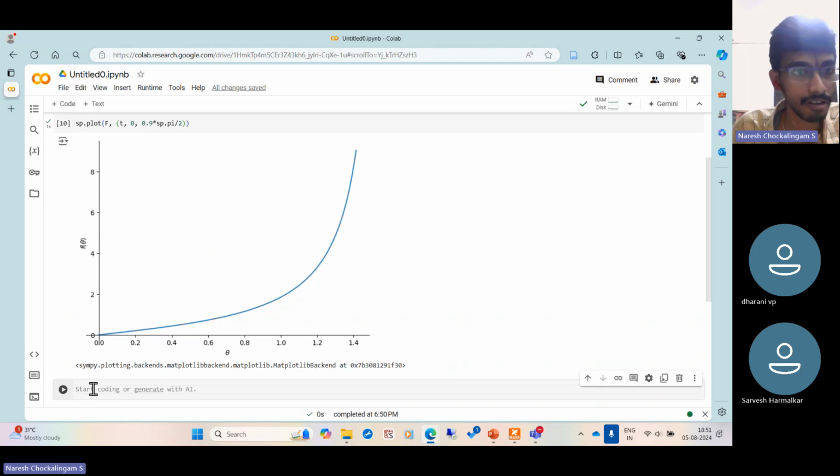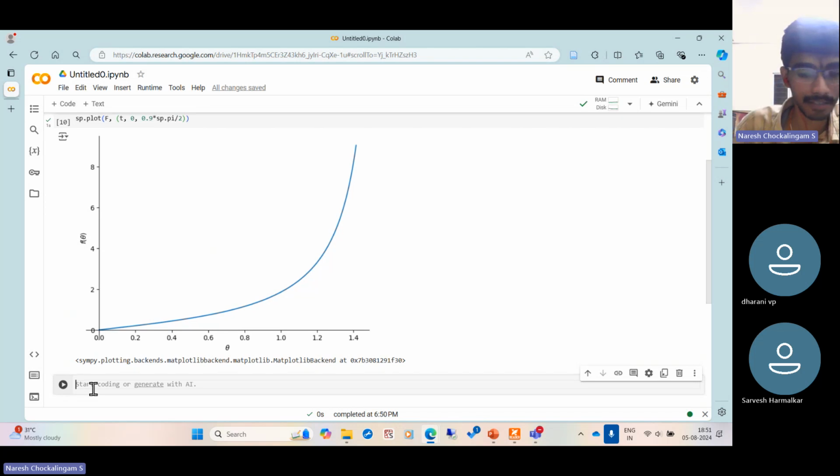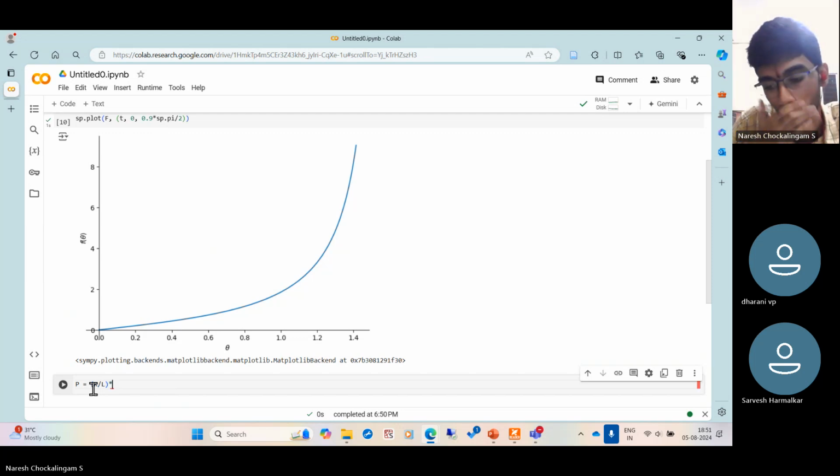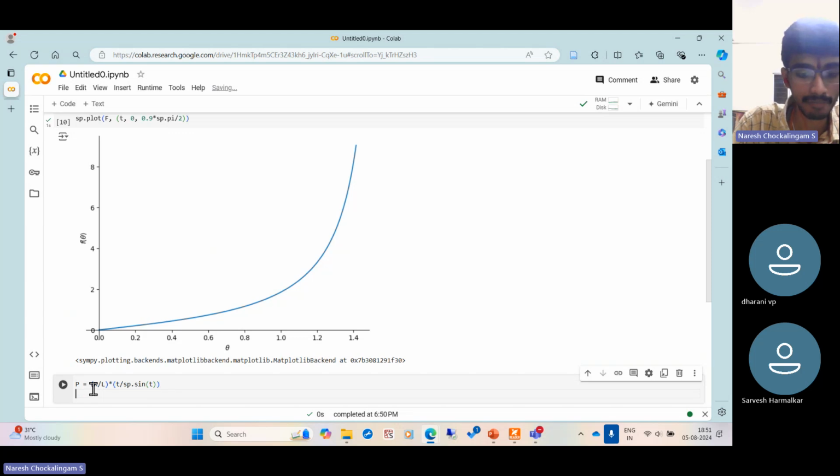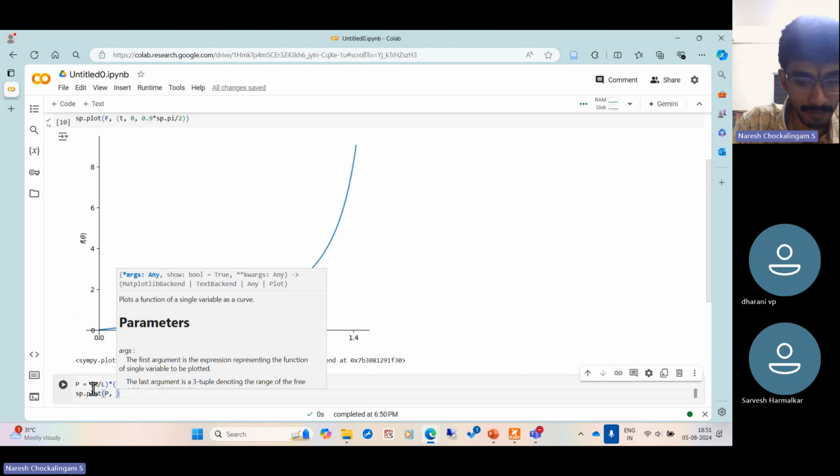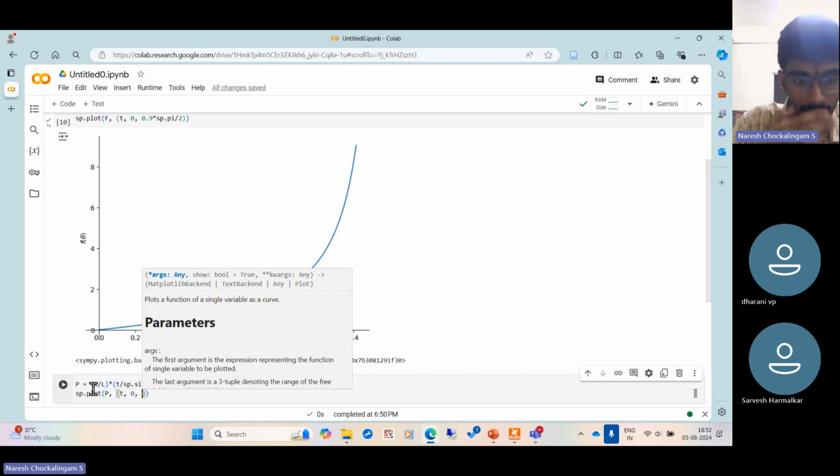Now use the same thing for the buckling problem. Use the same theta. We can plot for the buckling problem. Let us call the load P. P is equal to what did we get? k by L, and what was it? It was theta by sine theta, right? So P is equal to k by L times theta by sine theta. And this let us plot. So P can be plotted from theta going from 0 to